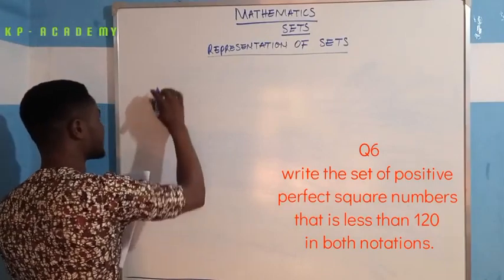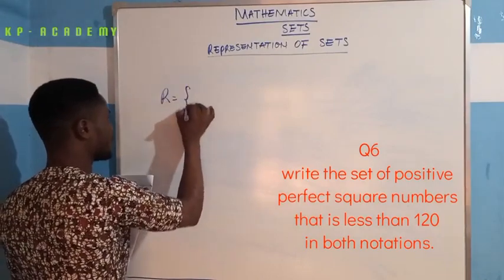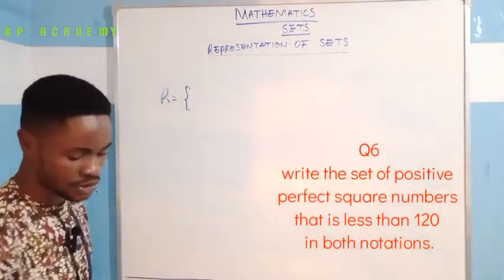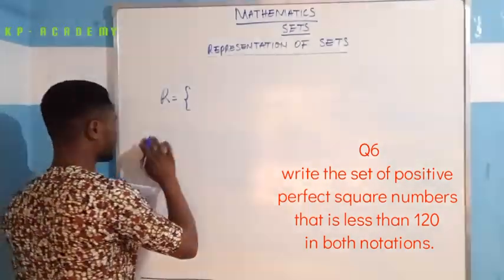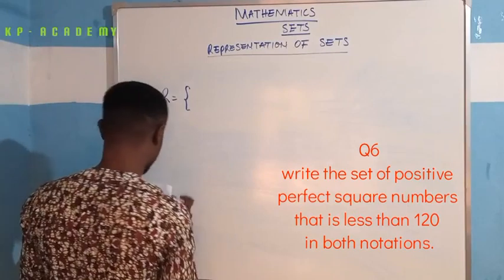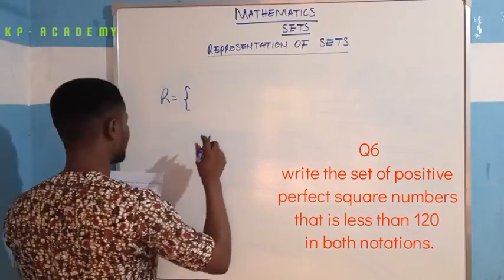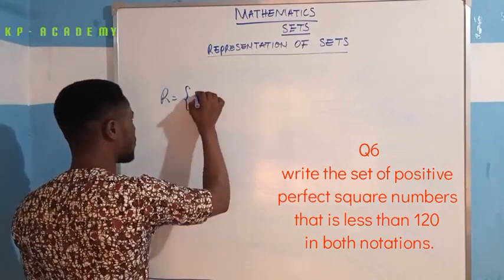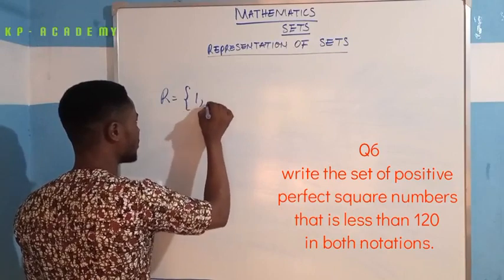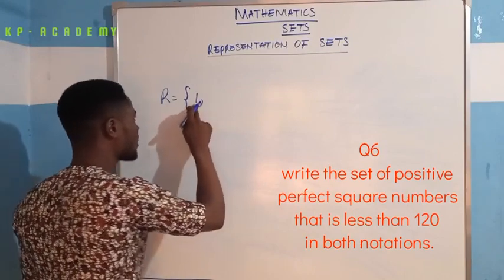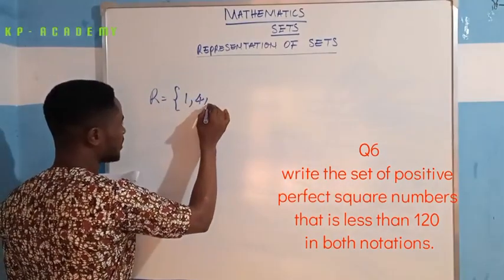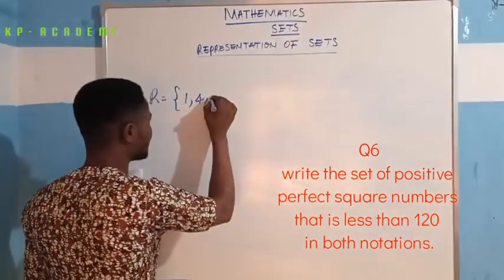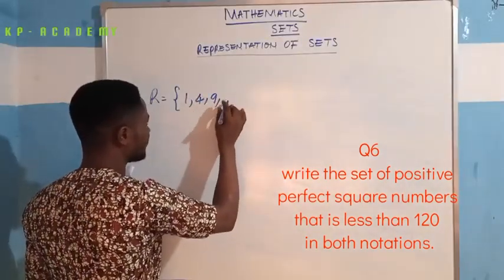Okay, let me call that set R. Now, of course, write it in both notations. We are going to have the set of positive perfect square numbers. So 1 is a perfect square, comma. Because 1 squared is 1, then 2 squared is 4, then the next one, 3 squared, is 9,